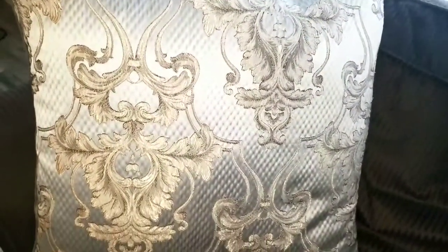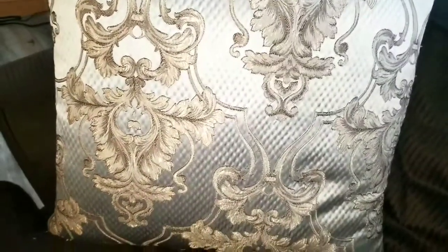Another thing that I really like is fancy looking pillows. So I found some pillows at Ross, and they were $20 a piece, and they remind me of just Versailles and just class and elegance, and I really like those. And you can definitely find these pillows, and they're great quality. They are down-filled, so if you're not, you know, for that, of course you can find other options, but Ross